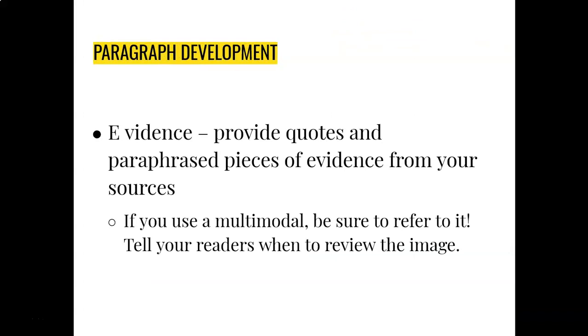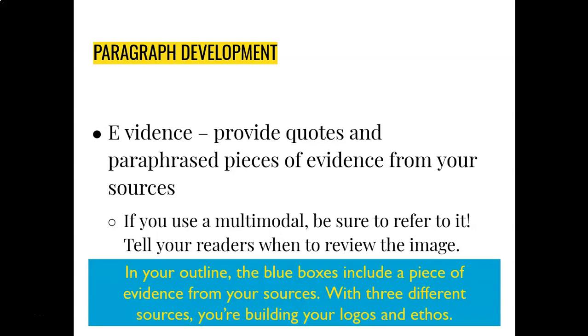Evidence, of course, is from our P2. You have 6 sources already, so you should be able to use that information here. Each paragraph, if you notice in your outline, has multiple pieces of evidence. At least 2 different sources should be cited in each paragraph to help with synthesis, which we'll talk about next. If you realize you've included 3 pieces of information from the same source, you might have some retweaking to do.